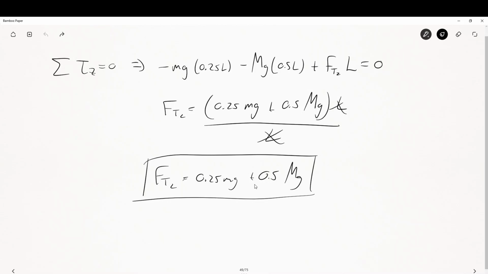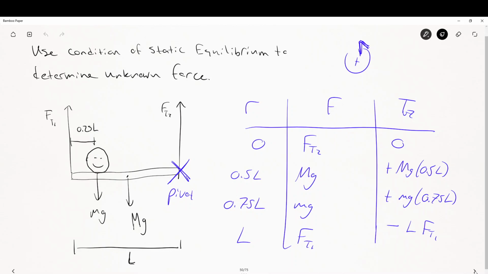Now you can probably guess the F_T1 had better pick up the other 3/4 of the man's mass and the other half of the mass of the scaffolding, and that is correct. You can find that pretty quickly from Newton's law, but we're going to use static equilibrium to do it. So what I'm going to do is put my pivot point at the far right end of the scaffolding. All the same logic applies, but now you see that some of the forces change the